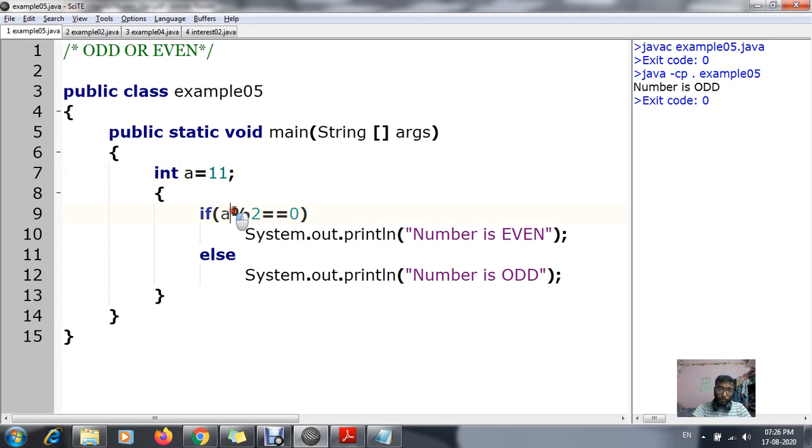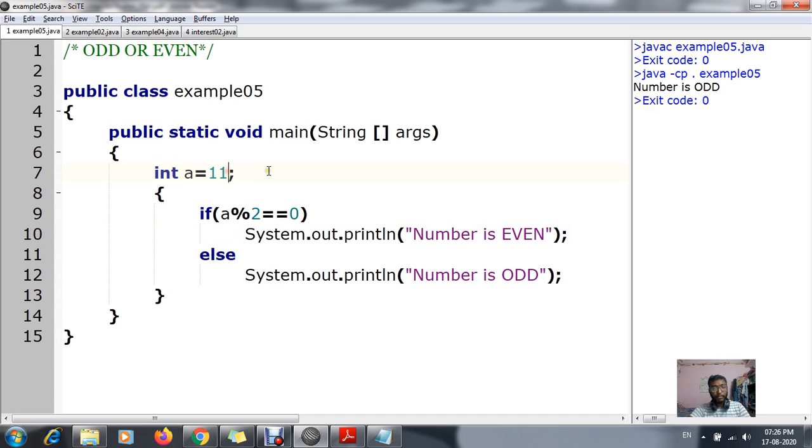But over here I have given the remainder as 0. So if this if condition is not fulfilled, what I want is 0. If it is not 0, it will show the number is odd. If this condition is fulfilled, if the remainder is 0, it will display the message that the number is even.